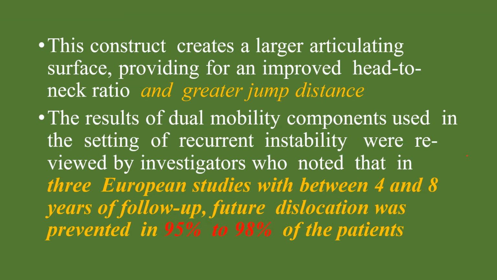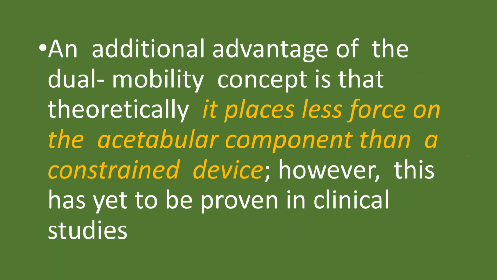The results of dual mobility components used in the setting of recurrent instability were reviewed by investigators who noted that in 3 European studies with between 4 and 8 years of follow-up, future dislocation was prevented in 95 to 98% of the patients. You have to keep this in mind. An additional advantage of the dual mobility concept is that theoretically it places less force on the acetabular component than